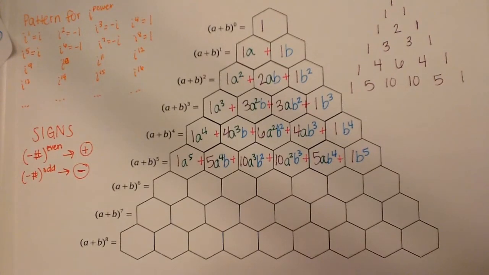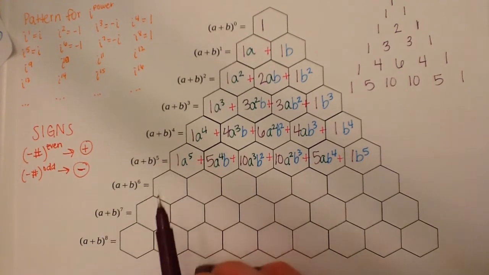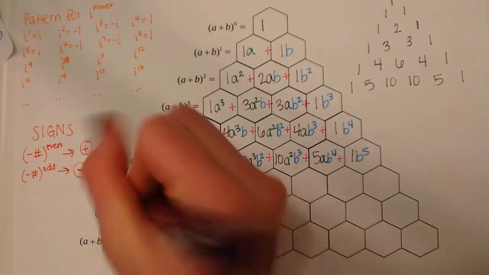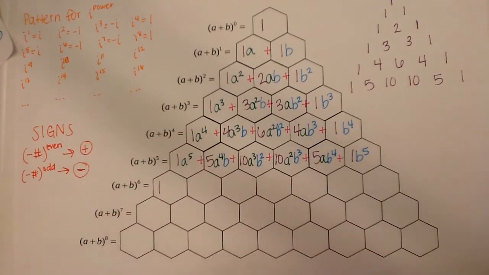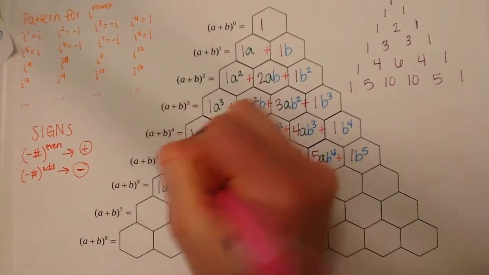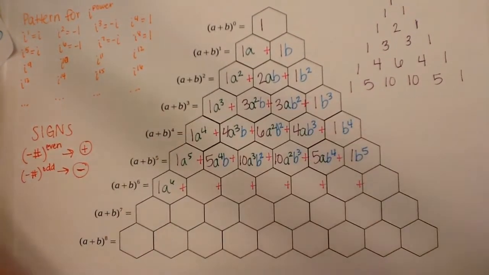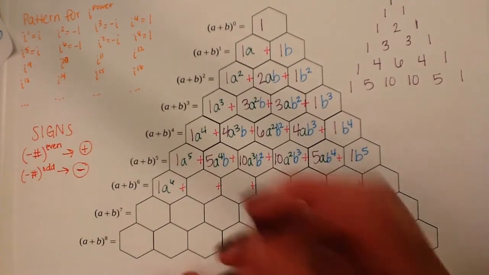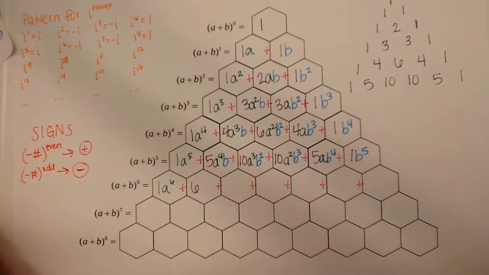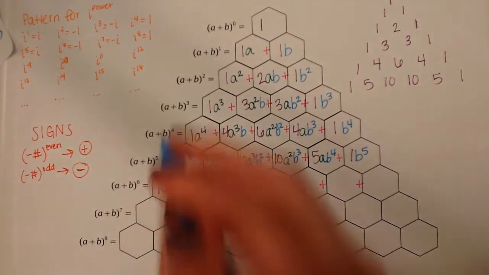Alright, so let's keep going. So if we take a plus b to the sixth power, we're going to end up with 1 a to the sixth. And let's just go ahead and put our plus signs throughout. So then we have plus 6 a to the fifth b